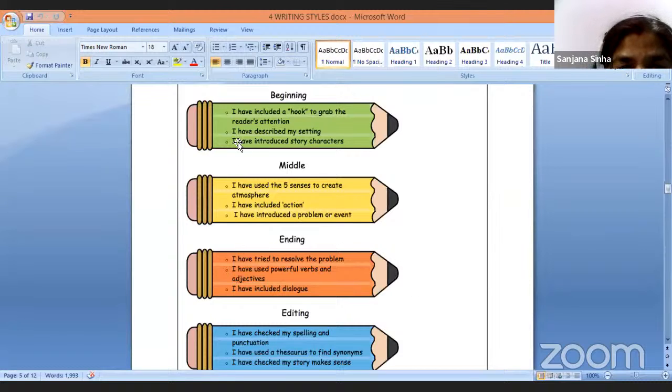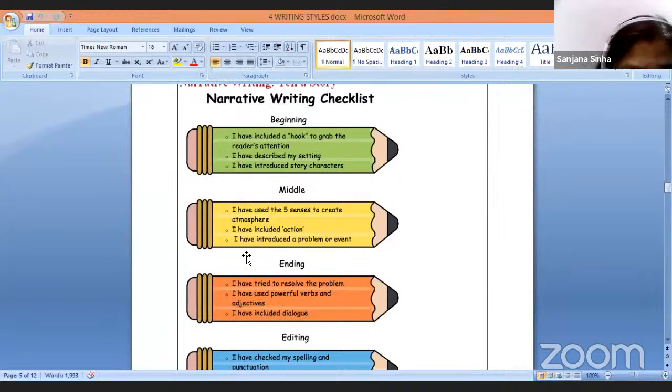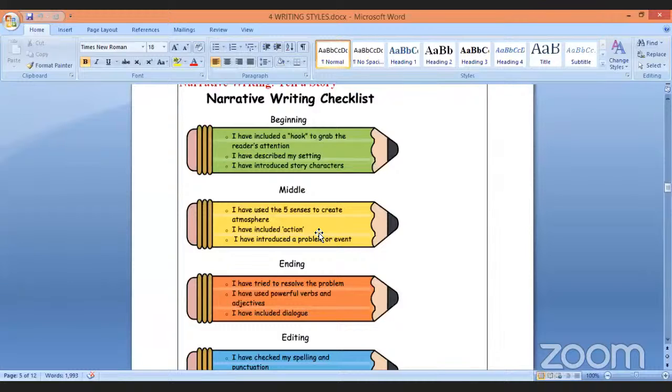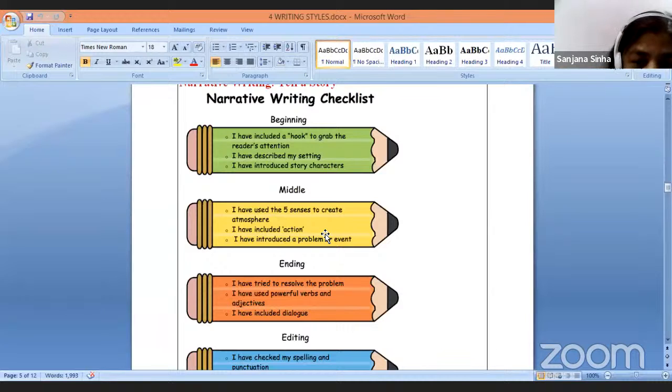The concluding of the story. Conclusion में क्या करना है? You will solve the problem. तो यहाँ problem क्या था? That little boy, the rising action was that the bus came and left without the child. बस आके चली गई, बच्ची स्कूल नहीं गई. ये एक्शन था. So I have introduced the problem. Every day she was going, but today she did not go. And then in the ending part, you will try to resolve the problem.